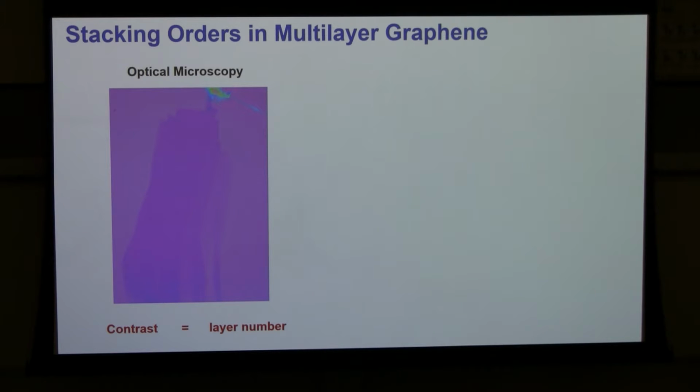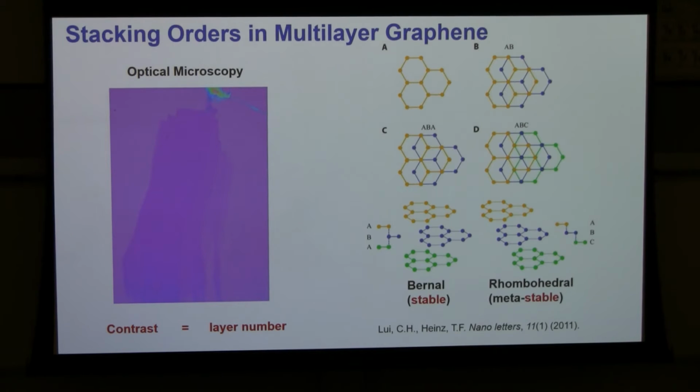Well, in fact, graphene or graphite is even more rich than just having different layer numbers, because there's no chemical bonding between layers. When you put them on top of each other and start to increase the layer number, there are different ways of forming multilayer graphene or graphite. And there are two leading stacking orders that people talk about all the time. One is called the Bernal stacking, or in another word, ABA stacking. So it takes this A, B, A, B, A, B positions as you stack up, and this is the most stable form of graphite. There's another stacking order known as rhombohedral graphene, or known as ABC graphene, right?